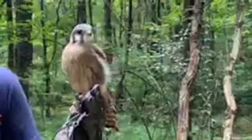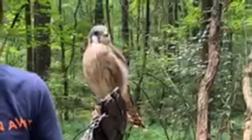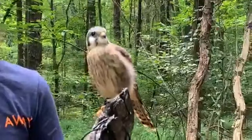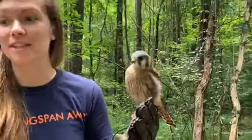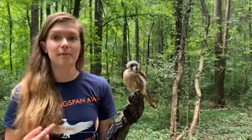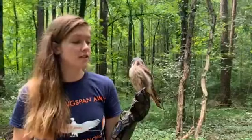Now another really cool thing that she's able to do while she's hunting is something called hovering. So she's chasing a really fast dragonfly. Have you guys ever chased a dragonfly? I know I have, and it is almost impossible to catch dragonflies because they can change direction super, super quickly. So she needs to be able to adapt to that and be able to chase those dragonflies that are super